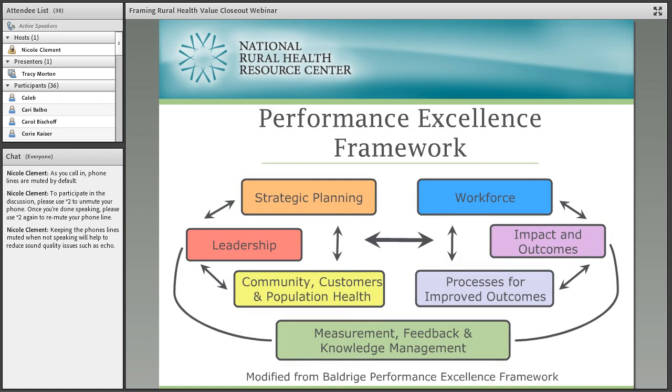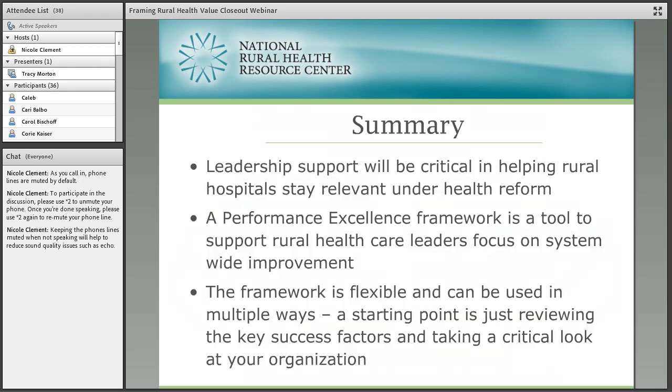So, a review of what the framework looks like, and it has 7 categories. For each of these categories, we spent time in a plenary webinar discussing with a panel of experts, be it from a critical access hospital, a state flex program, or another national rural healthcare expert, about how the different criteria or categories can be adapted into the critical access hospital environment and into the state flex program as well. And then in your cohort discussions, you spent time through your applied exercises relating the information back to the case study hospital, and what interventions you might recommend to help get their leadership, for example, in line.